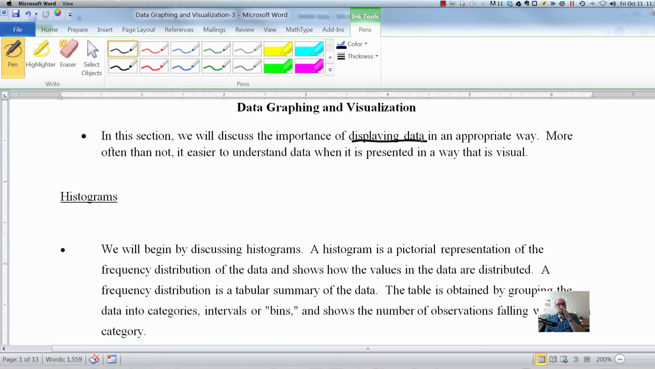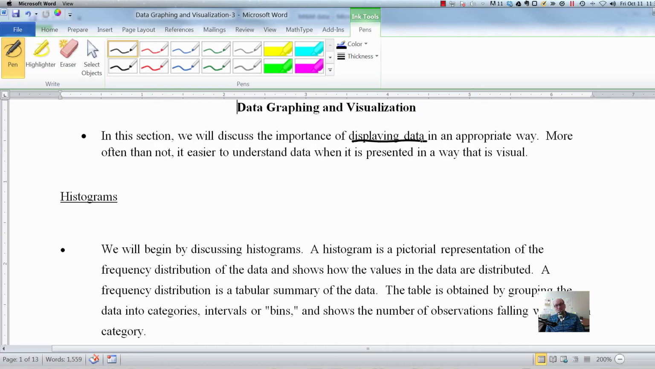More often than not, it's easier to understand data when it's presented in a way that's visual. So probably many of you experience this. It's just a lot easier for most people to process pictures than tables and tables of raw numbers. So we need to realize that, if we're trying to communicate